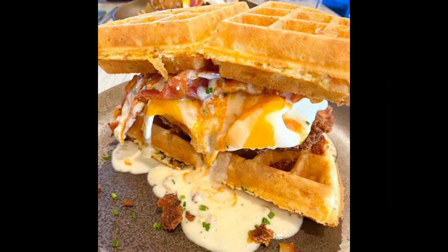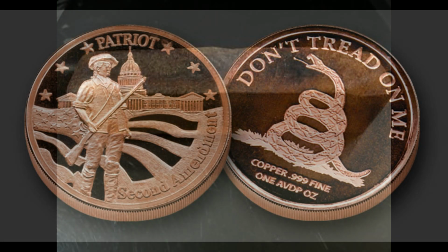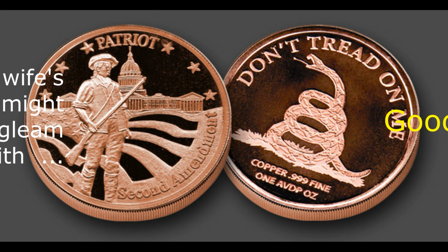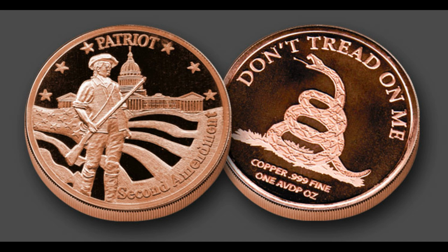That said, would her eyes gleam at a misshapen lump of copper poured by yours truly, with all sorts of bubbles, impurities, and imperfections, with my initials crudely scratched in the back? Or a shiny coin-like round? Again, a matter of taste, I suppose. So you could have both. All of that said,